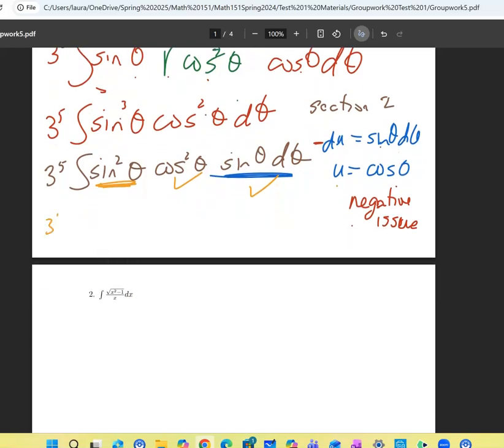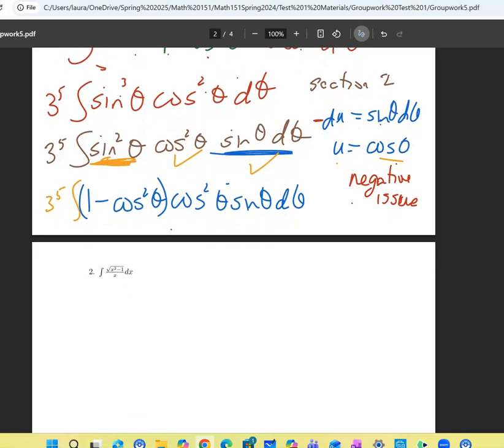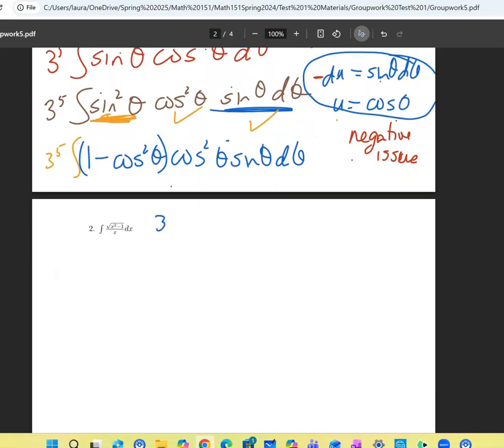So I'm going to carry this 3 to the 5th. What can I do with sine squared so that cosine will work? I can replace that with 1 minus cosine squared. And then this is carrying along sine theta d theta. So you want to make sure you're going all thetas to all u's, right? This is the u substitution you're using. So I get 3 to the 5th, 1 minus u squared